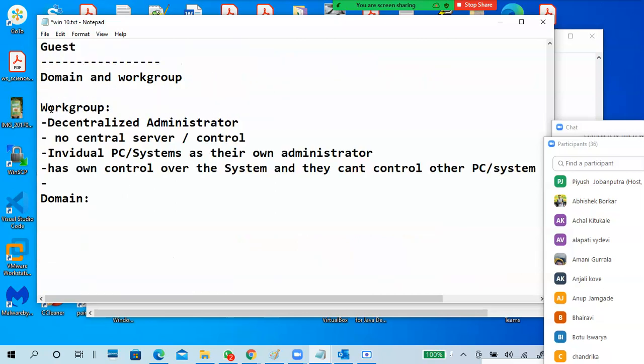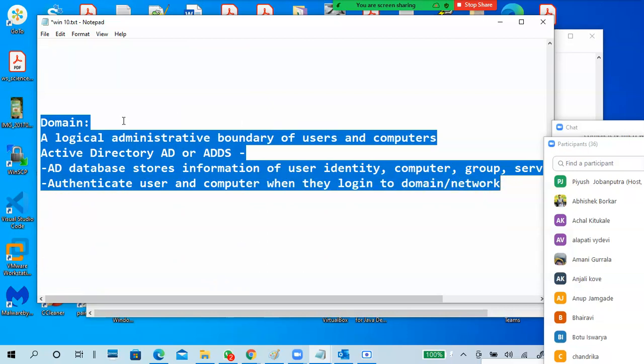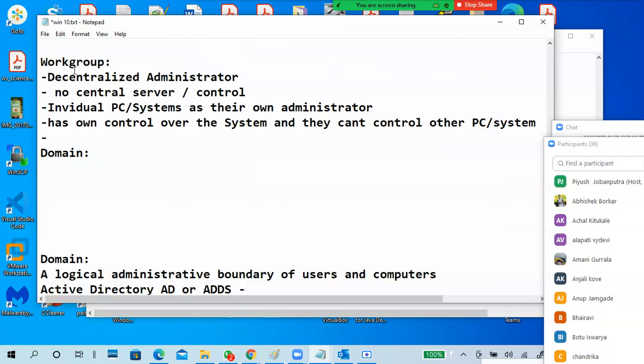Why did I give a gap? Because when you are saying the difference between workgroup and domain, we don't touch this normally. This is purely domain. When you say workgroup and domain, then you have to go with the workgroup type. So workgroup is decentralized administration, and this is centralized administration.